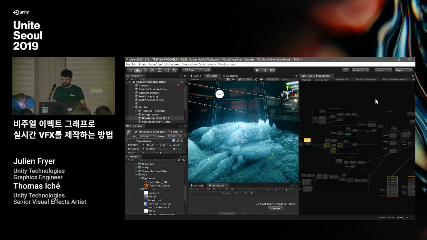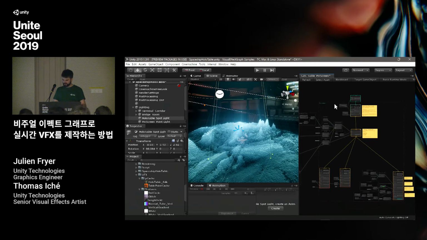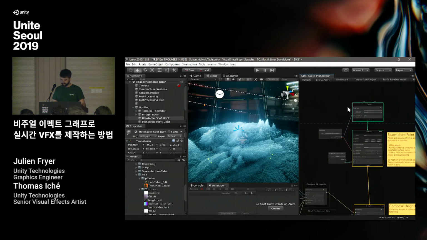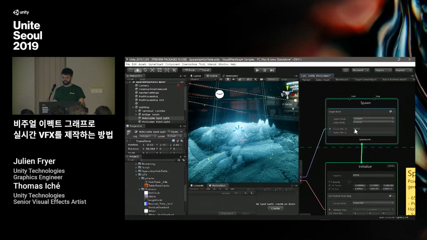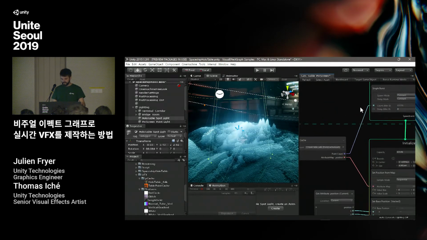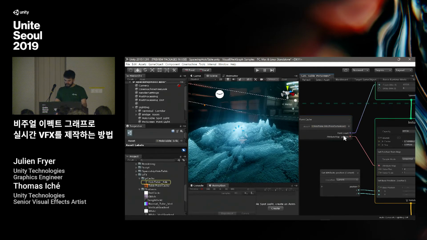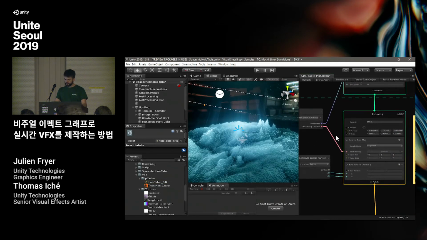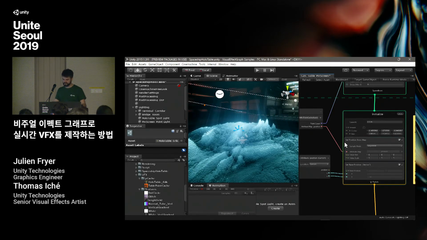So let's take first a quick overview of how it's made. First we have the spawn context that will spawn a single burst of 64K particles that are taken from a point cache. Then from these points in the point cache we gather the positions, and we use this position for the initialize.